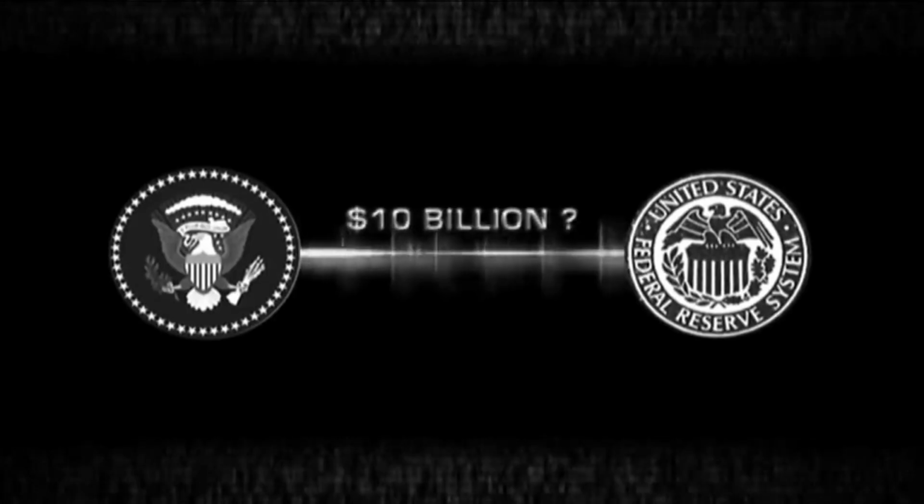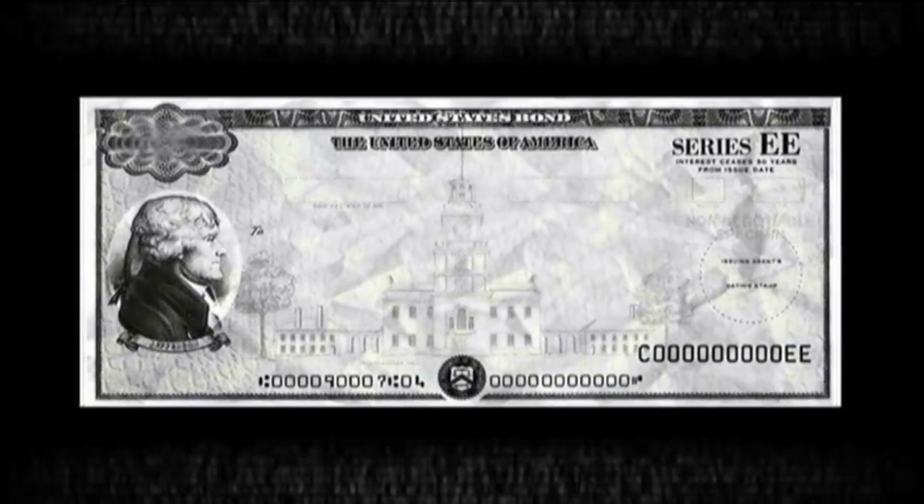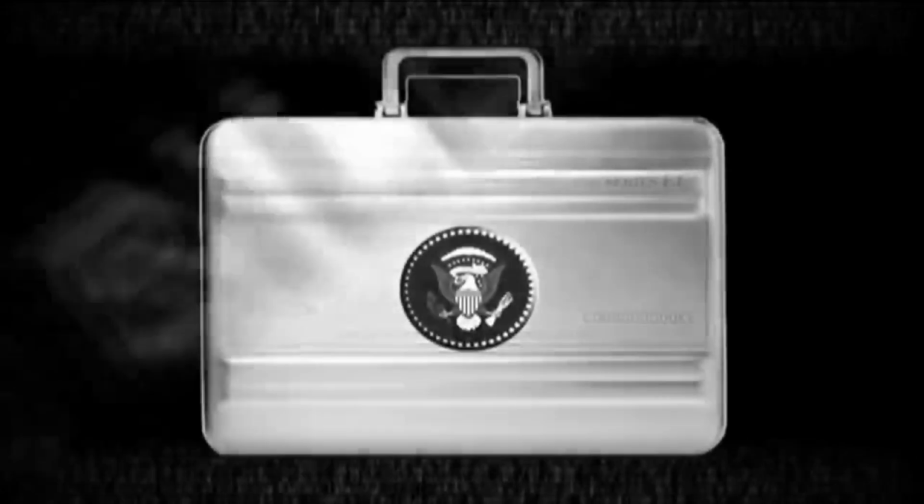It then proceeds to describe this fractional reserve process through various banking terminology, a translation of which goes something like this. The United States government decides it needs some money, so it calls up the Federal Reserve and requests, say, $10 billion. The Fed replies, saying, sure, we'll buy $10 billion in government bonds from you. So the government takes some pieces of paper, paints some official-looking designs on them, and calls them treasury bonds. Then it puts a value on these bonds to the sum of $10 billion and sends them over to the